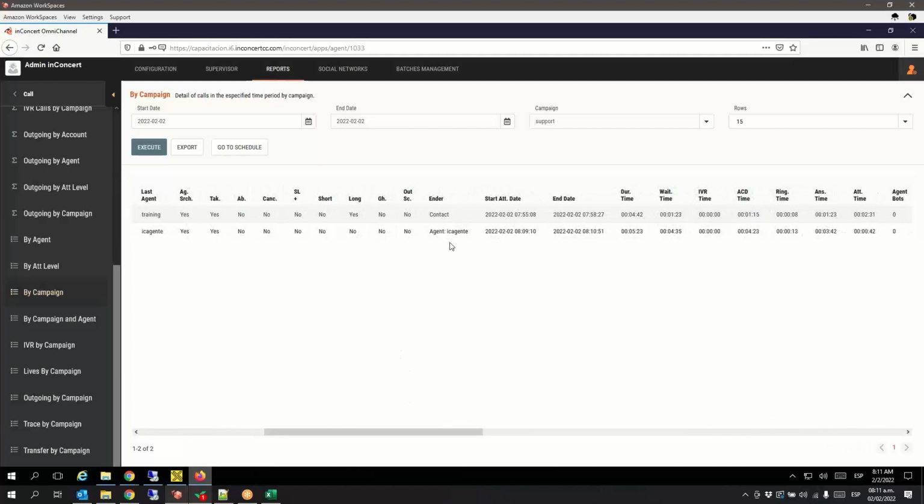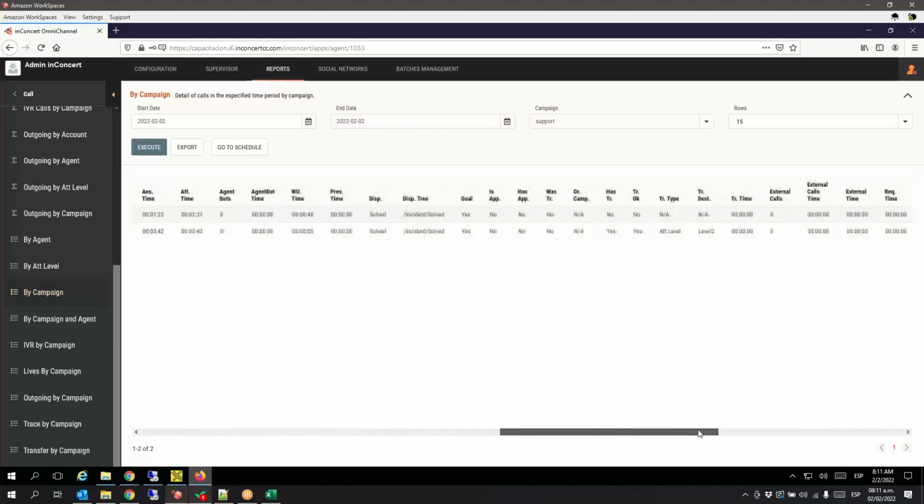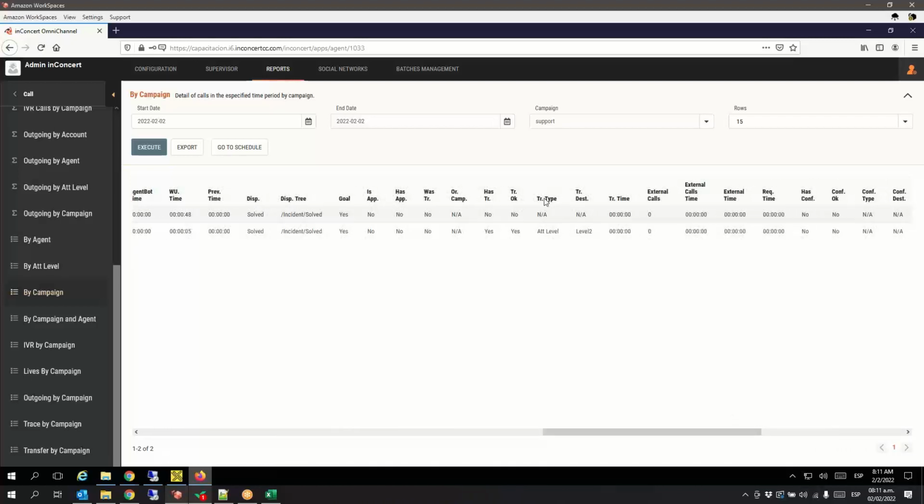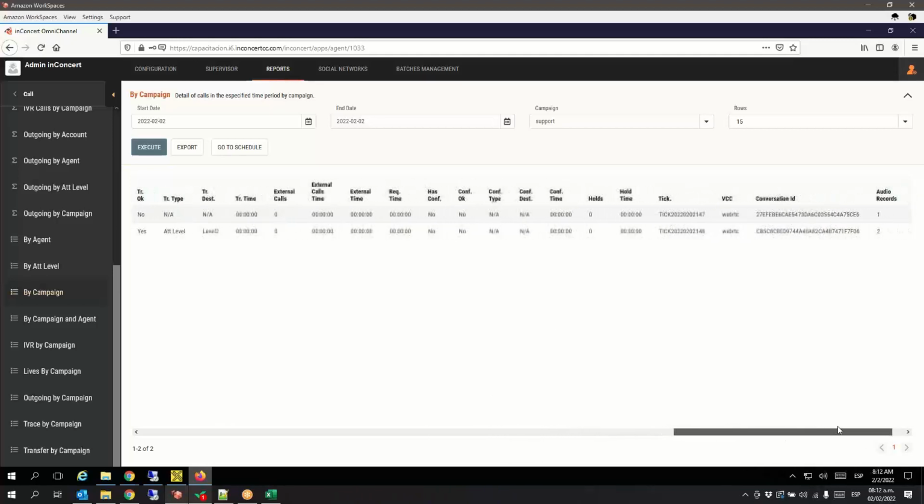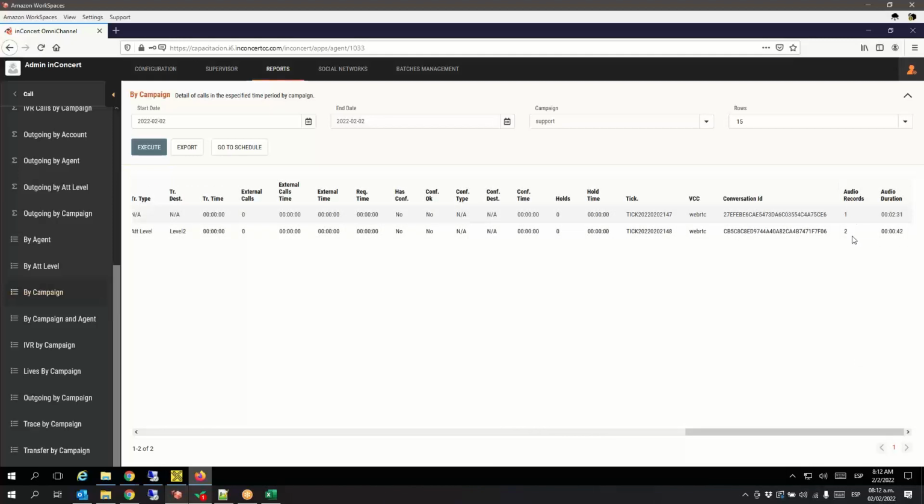The ender, remember that I hung up the call all the times, and we have one difference here that we did transfer to an attention level. This is transfer type, attention level, transfer destination level 2. Okay, and I have 2 audio records. Okay,